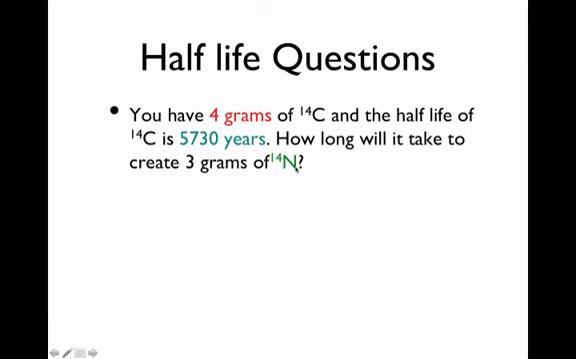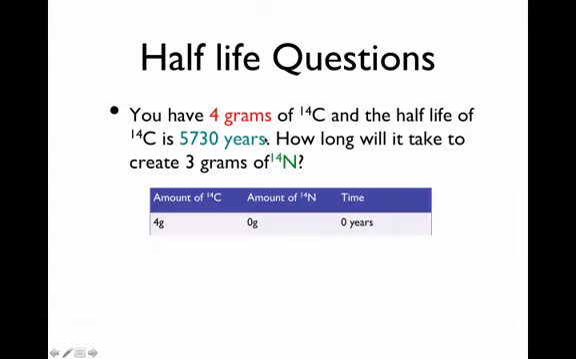Well, to answer this question, again, I would make a table listing the amount of carbon-14 that I have, listing the amount of nitrogen-14 that I have, and listing the amount of time that has passed. So here's my table. The amount of carbon-14 that I have in this column, the amount of nitrogen-14 in the second column, and the amount of time that's passed, in years in this case, because the half-life